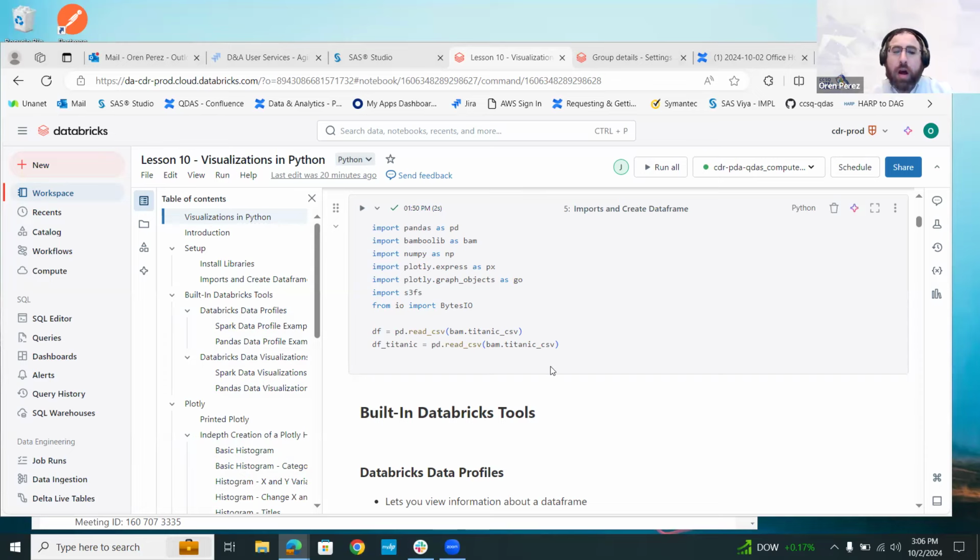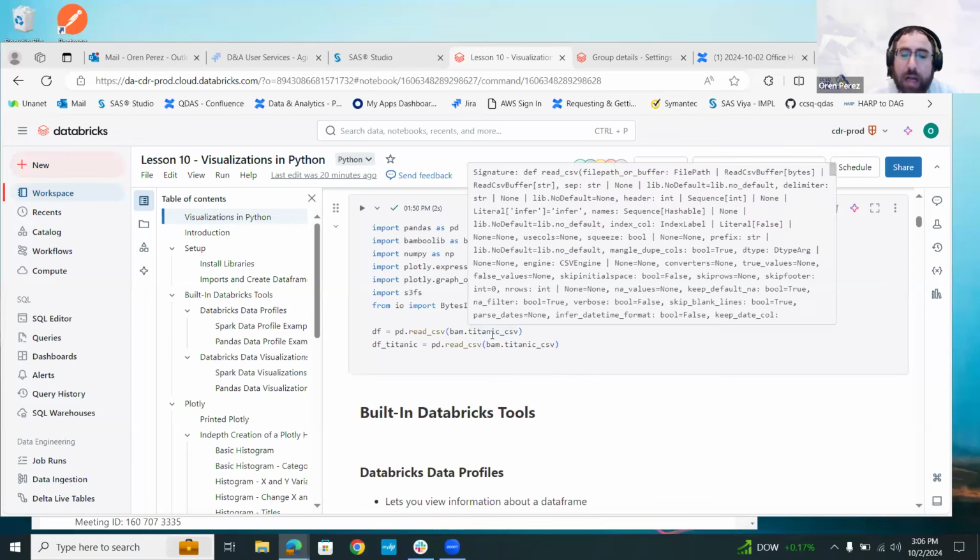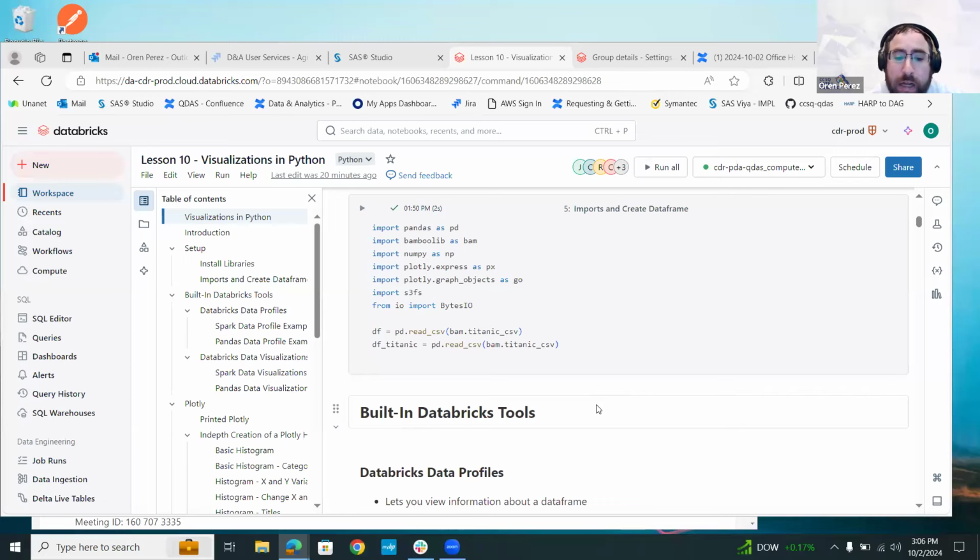Yep, I'm importing Bamboo Lib. I'm importing NumPy because I want to do some mathematics. We're importing Plotly, and then we are importing stuff from Kaleido so we can do the download. And then I am just taking this Titanic CSV file, and I'm using that for the data that we're going